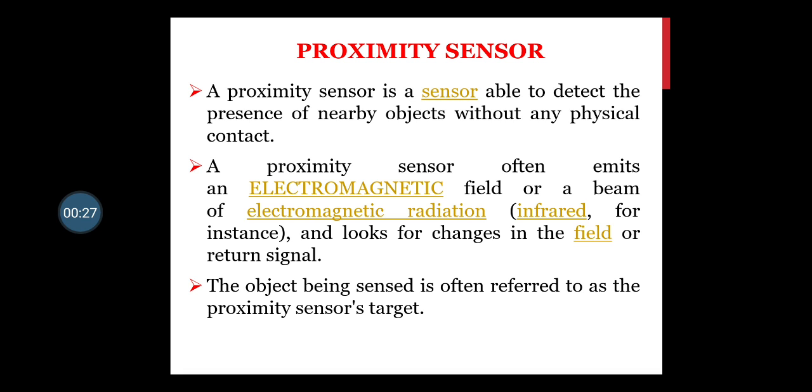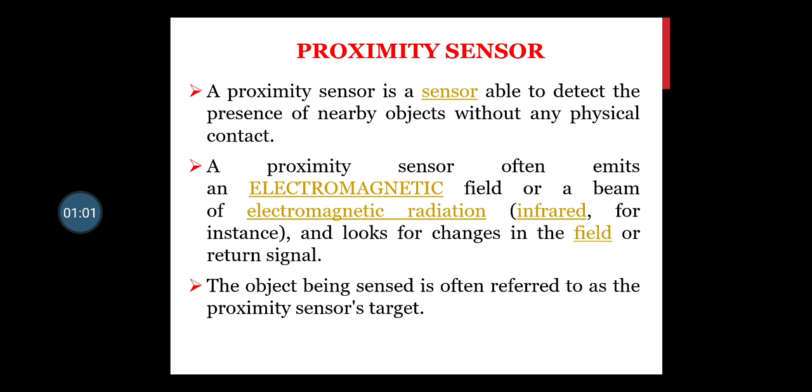You know that the sensor plays a very important part in a transducer, as it converts the non-electrical signal into an electrical signal, and that electrical signal is then converted by the transduction element, that circuit. But the sensors are most important because a sensor senses one energy form and then converts it into another energy form. So here we will be discussing the proximity sensors.